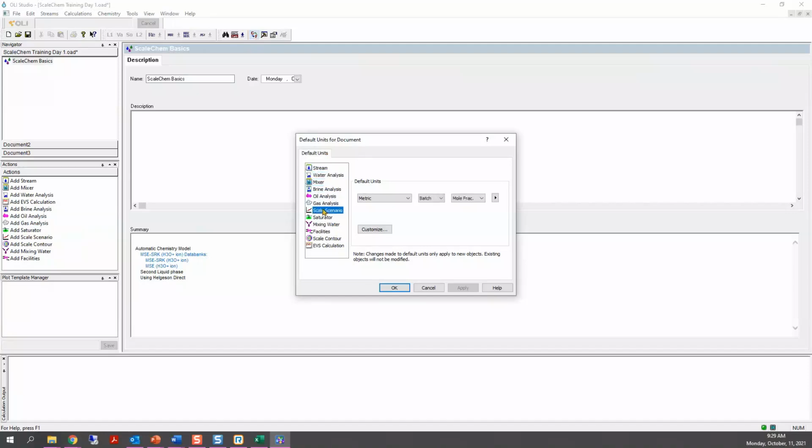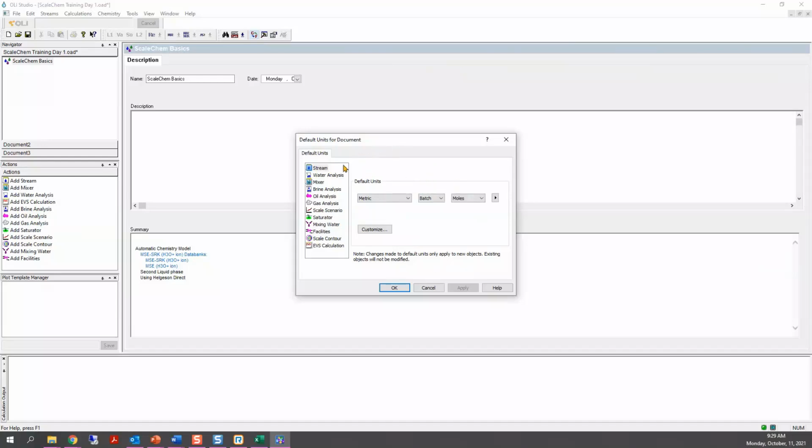By default, the software has selected metric, but you can always change this to English, for example. We have the different options, or you can always create your own units. I am going to work with metric units, but I promise I will also do some examples with the English units, so we learn how to use this.